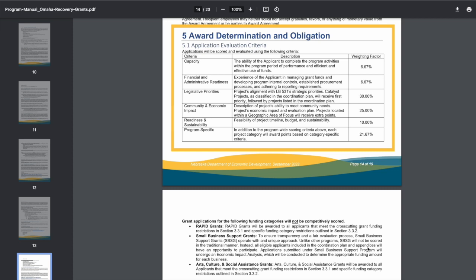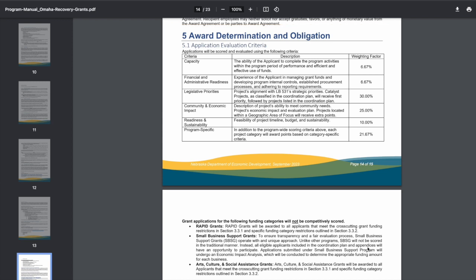The next section of the program manual that I'd like to walk through is Section 5, which includes information on award determination and the specific evaluation criteria that DED will be using to review all applications. In Section 5.1, you'll find criteria and different weighting factors for each of those criteria so that you can understand the different areas of emphasis for DED and how much weight DED is going to put on each of those